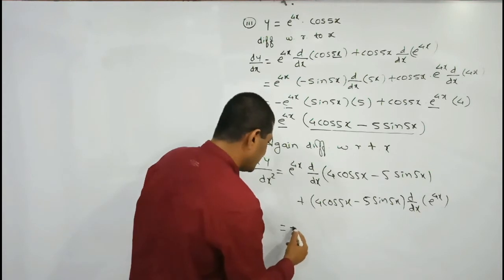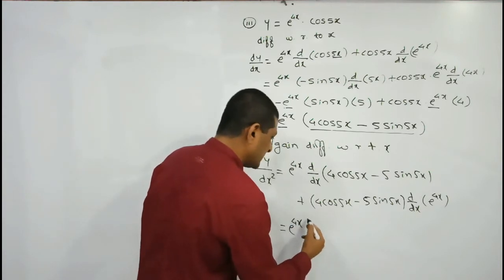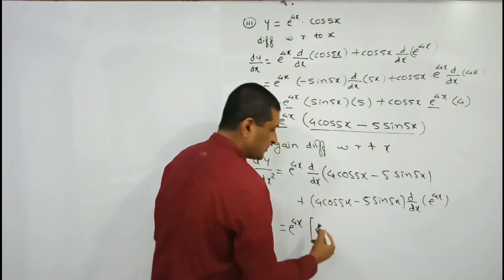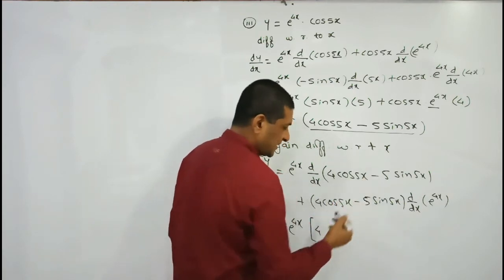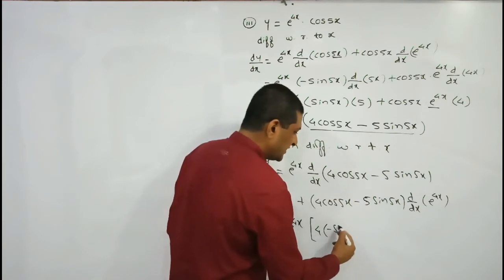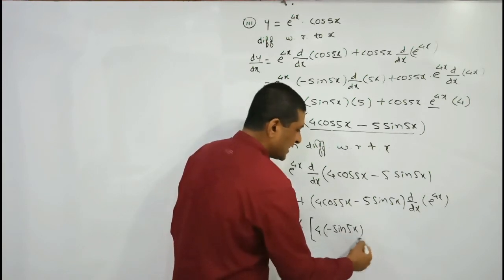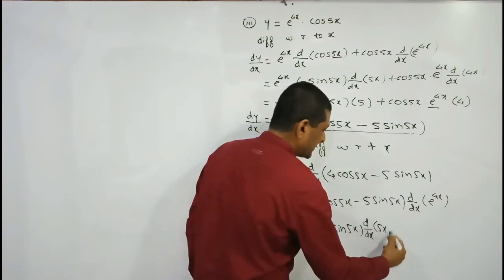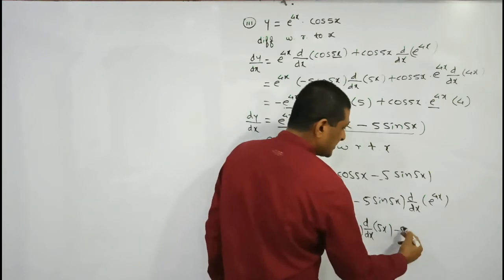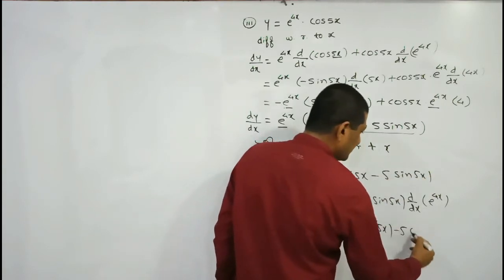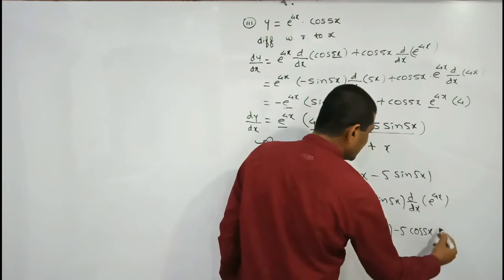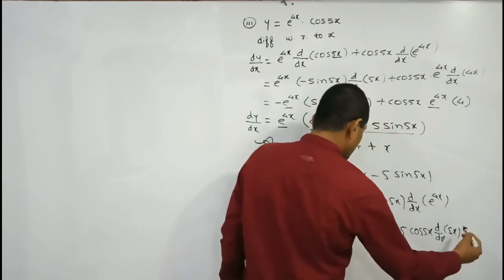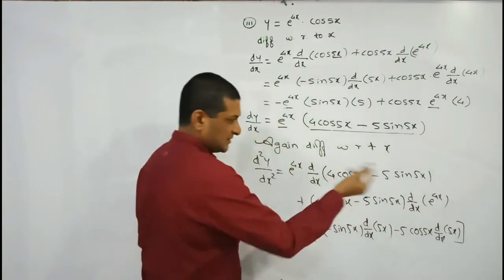So which is equal to e raised to power 4x, keep it as it is. Now we are finding differentiation of this term. 4 is a constant, keep it as it is. It is in the form of cos f of x. Its derivative is minus sin f of x. What is the value of f of x here? 5x into its derivative, into derivative of 5x. Minus 5 is a constant term, keep it as it is. Derivative of sin 5x will be equals to cos 5x into derivative of 5x, into derivative of what? 5x. So differentiation is known to us.